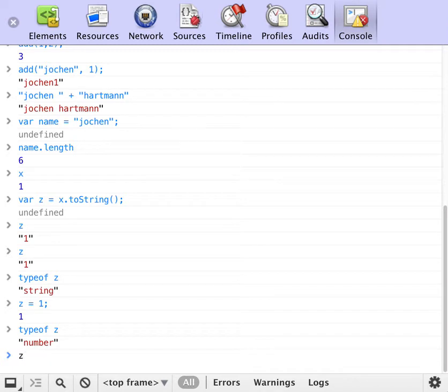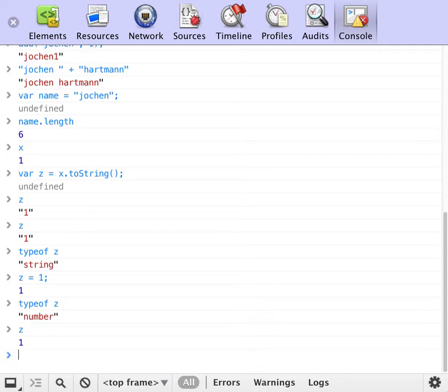So let's do a simple example. We know z is 1, so we can write if z. Now notice I'm using two equal signs here, because I'm evaluating the value inside of z. The single equal sign is used to assign something. So I'm saying if z is 2, then